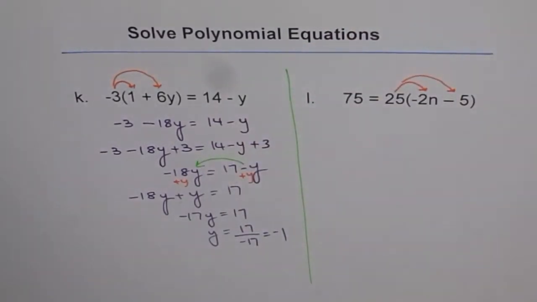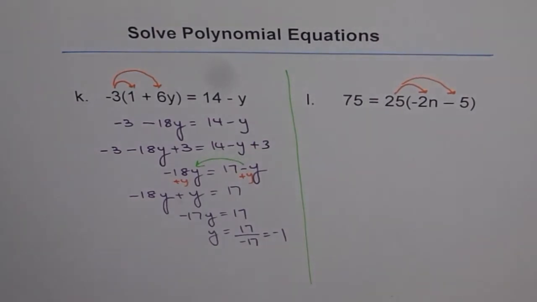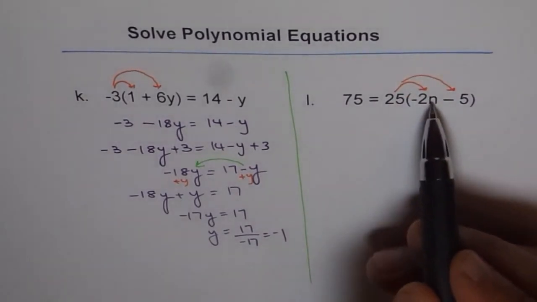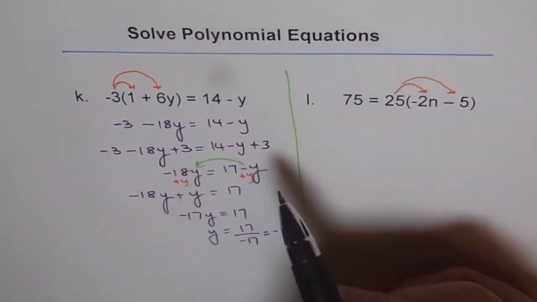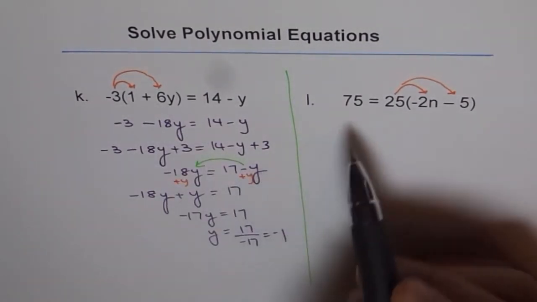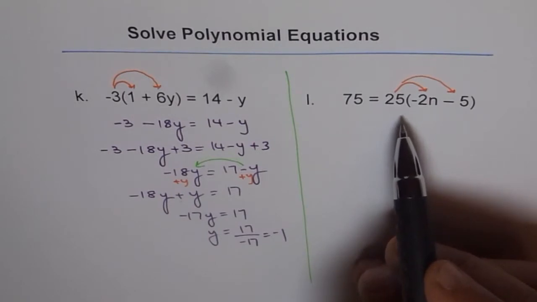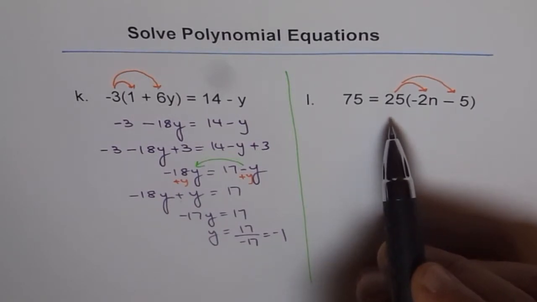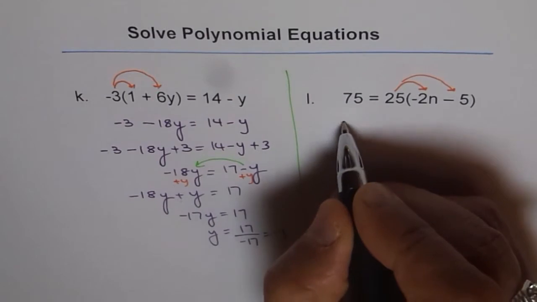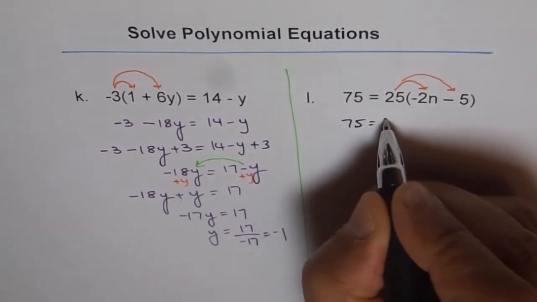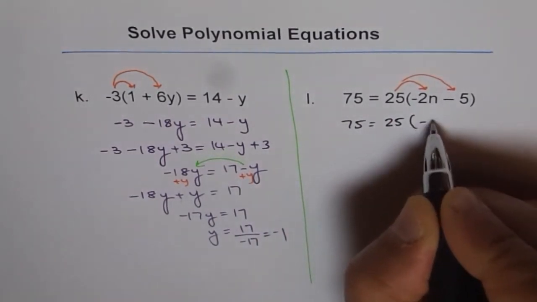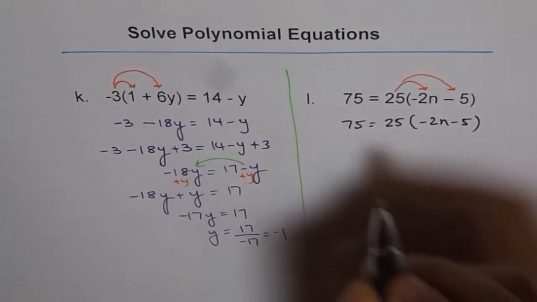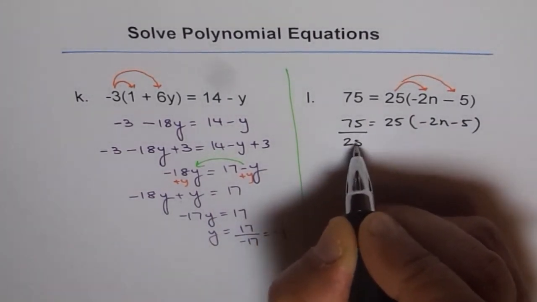Now let's do L. 75 equals 25 times (minus 2n minus 5). Now one option before us is to expand this side as we did here. The other is we can divide both sides by 25. If we do that, we simplify much faster. See, I'll show you. 75 equals 25 times (minus 2n minus 5), right? If I divide both sides by 25,